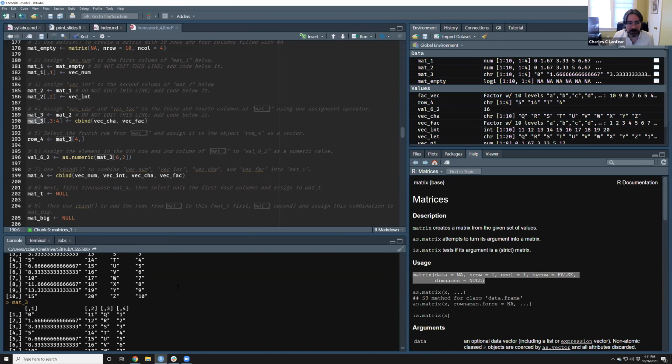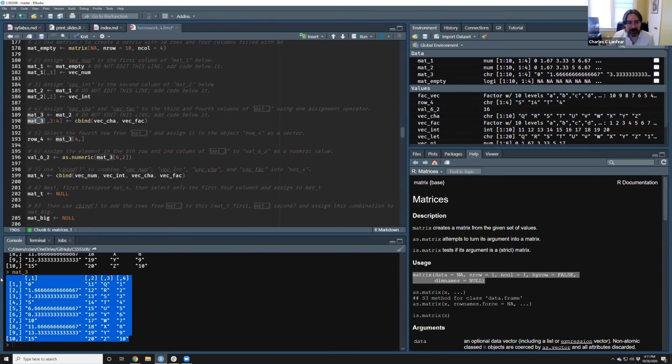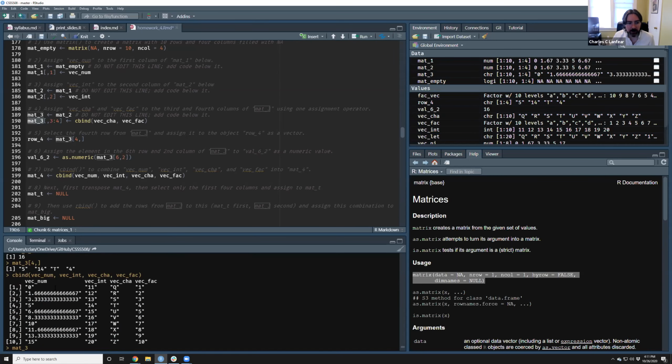The only difference is, notice, when we put them together manually, the columns just have column positions. But if we use cbind to put them all together, they keep the names of the objects used in the cbind command. So this is a nice thing cbind does: it tells us where they originally came from. We cbind them together, it makes them the names for the columns. Okay, little thing. But cbind just turns vecnum into the first column, vecint into the second, and so on and so forth. You can create data frames the same way. If you use data.frame instead, it makes a data frame out of these.